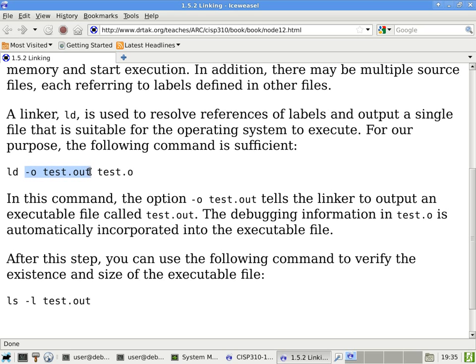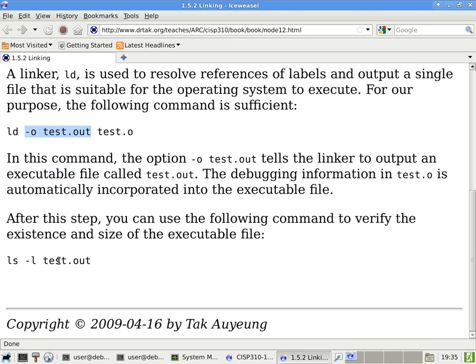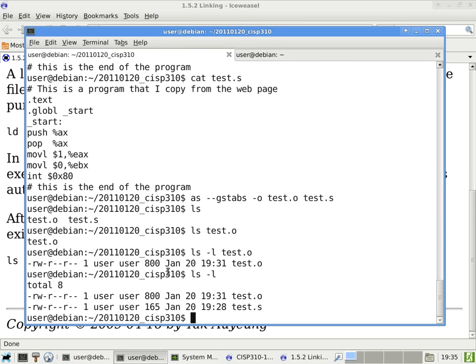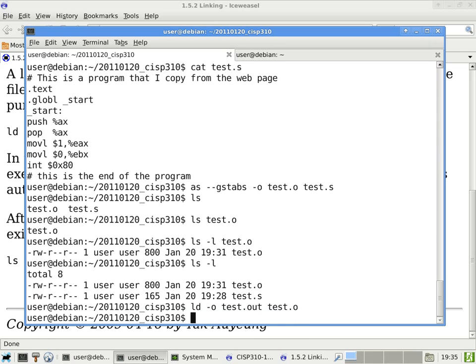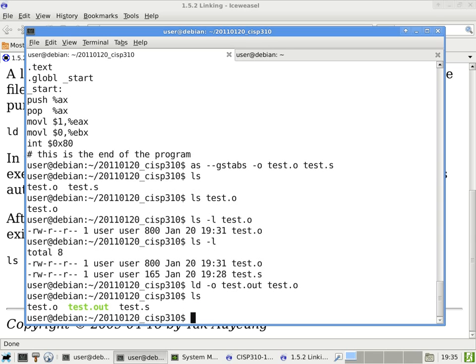And in this case, -o test.out specifies the name of the output of the linker. Because if you don't specify that, once again, the default is just a.out. So we'll go ahead and run the command, ld -o test.out and test.o, this time as the input. No problem. And we'll take a look using ls. You can see that test.out